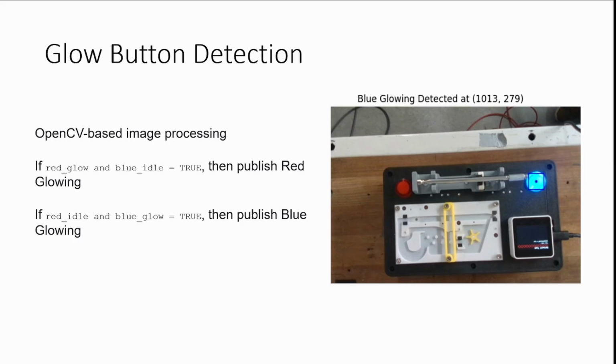For the button detection task, we use OpenCV-based image processing to detect which button is glowing so the robot can press it. For that, we have created HSV ranges for both glowing and idle buttons, both red and blue, to detect changes in their light intensity. The logic is that if the detected HSV is in the range of red glow and blue idle, we simply publish a message saying red glow. Similarly, for red idle and blue glow, we publish a message saying blue glow. Based on these published ROS messages, the robot presses the button